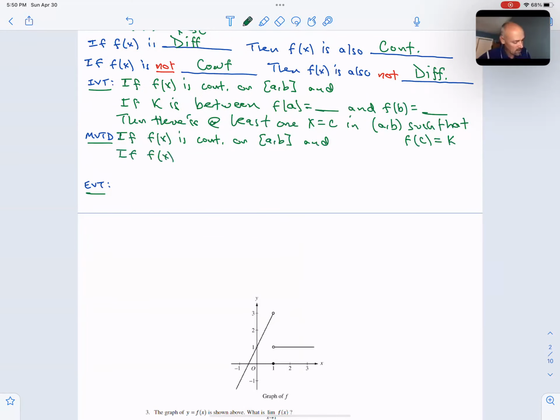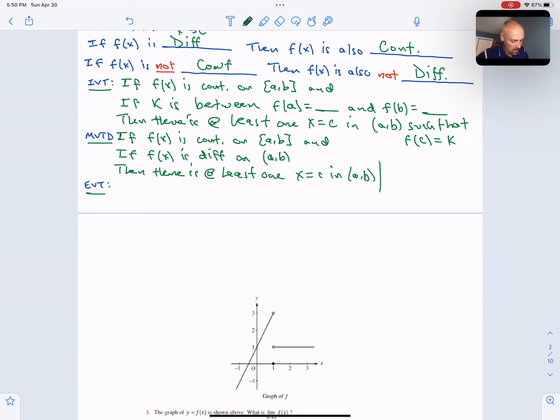If f of x is differentiable on the open interval a to b, then we can conclude by the MVT that there is at least one x equal to c, where does it live, in the open interval a to b, such that f prime of c, the derivative at that particular x value, is equal to the average rate of change, f at b minus f at a